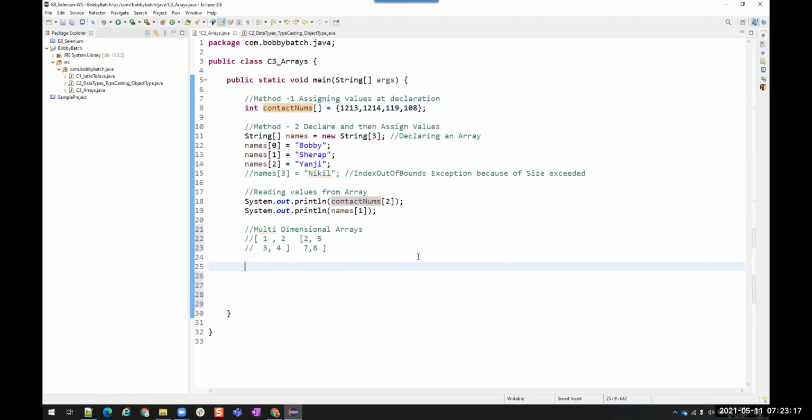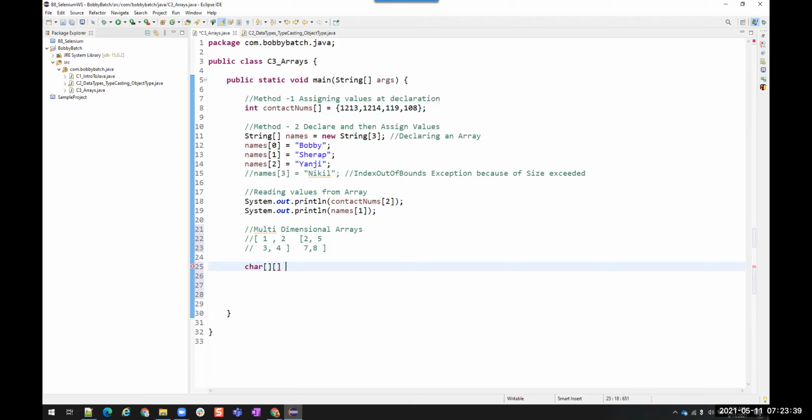For multi-dimensional arrays, suppose I am going to create a character array. char with two braces, because I'm going to create a two-dimensional character array.